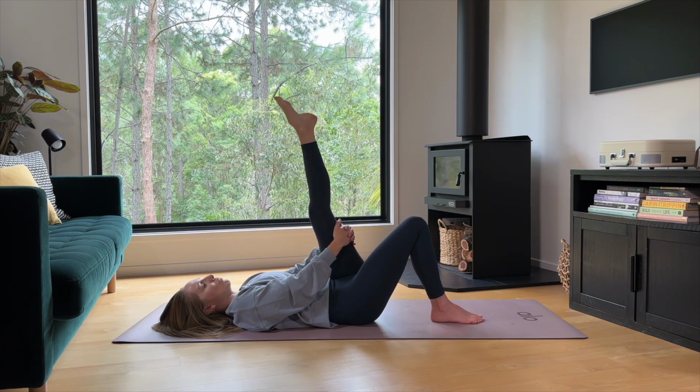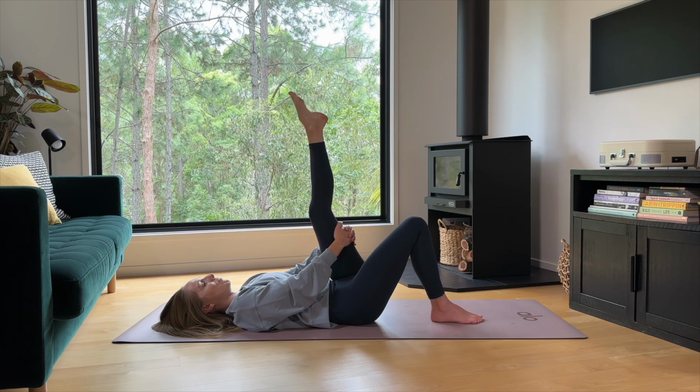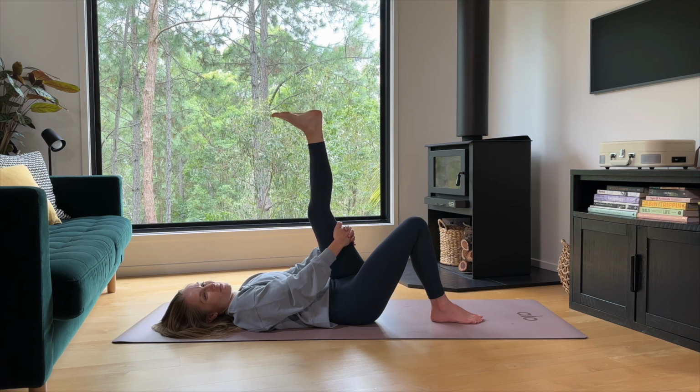We'll start to find those circles in the ankles, maybe drawing imaginary circles with your big toe on your ceiling, and taking your circles in the opposite direction. The ankle might start to feel a little bit warm here. We'll let the ankle come back into its natural position, and we'll take that point and flex of the foot